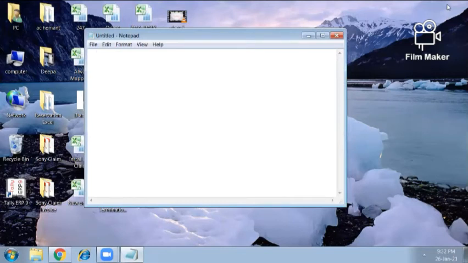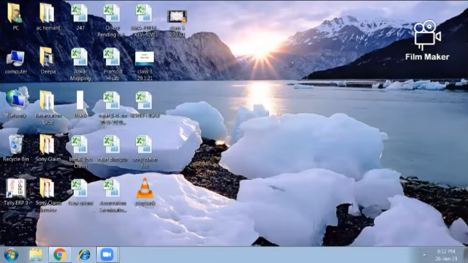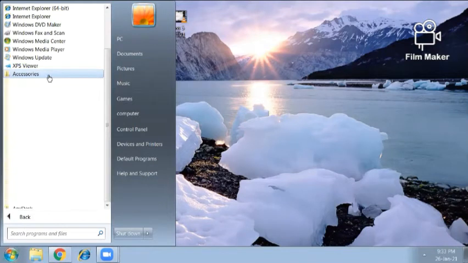This is known as the restore button. Now it will convert to the maximize button. As you click on the maximize button, the window will fit on the whole desktop screen like this, and this is the close button. If I want to exit from the Notepad window, I have to click on the close button like this. Now our Notepad window is closed. It is not here on the taskbar. Again I have to open the Notepad window.